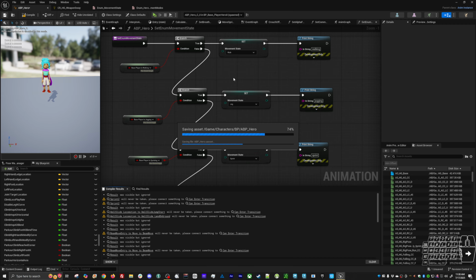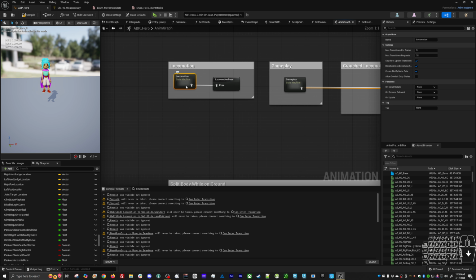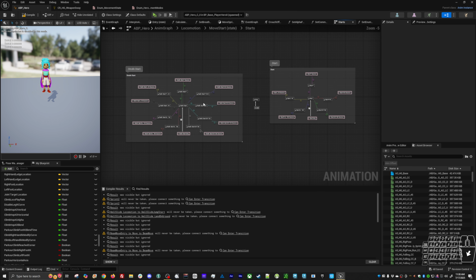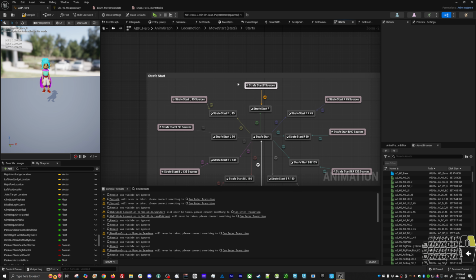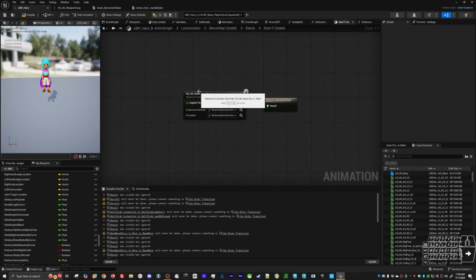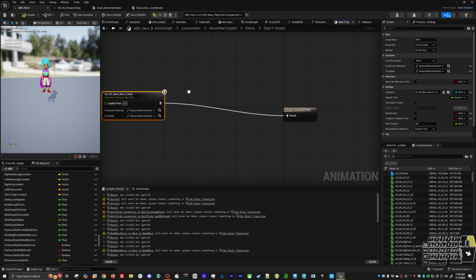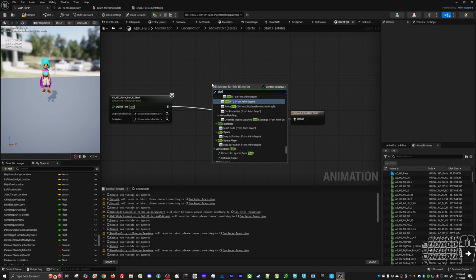So if we come here to our Anim graph, let's come to our locomotion. Let's come to our move start. Move start, and we're not strafing. I've got a bit if we are strafing, so that's strafe start over here, and then we have strafe. We just want this one for now. And we just have our run start. So we don't have any specific animation set up, so we're just setting up our bool, our blend by enum,